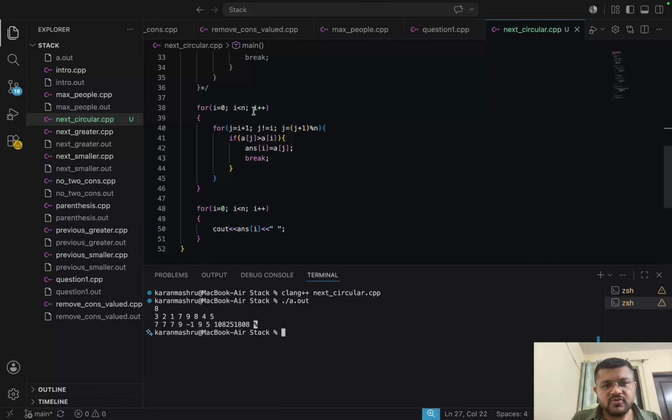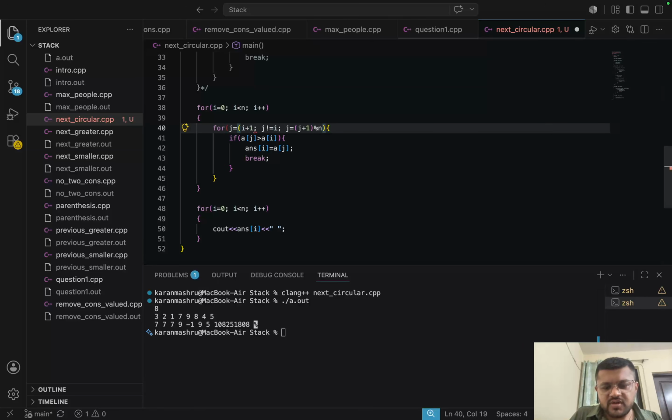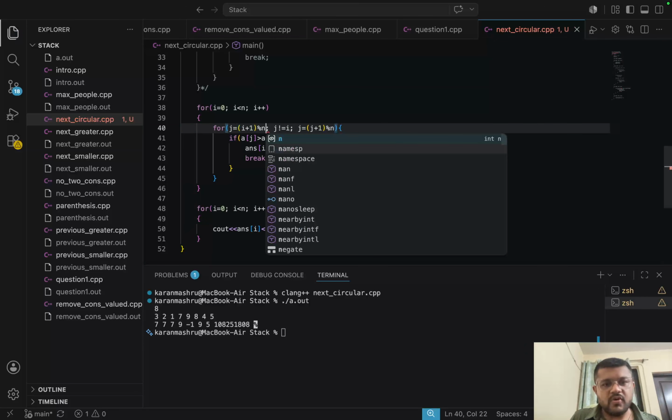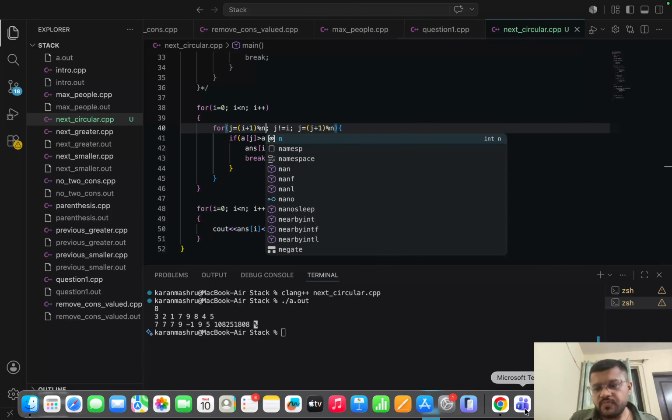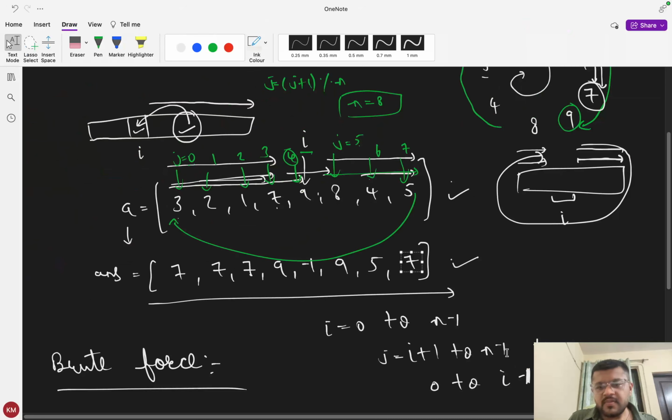For i equal to 0, okay. So here also I need to start with (i plus 1) modulo n. Why? I'll explain. Basically, let's say my i is here. My j starts from i plus 1 and goes in a circular fashion until j becomes equal to i again. So let's say my i is here, which is equal to n minus 1, that is 7.